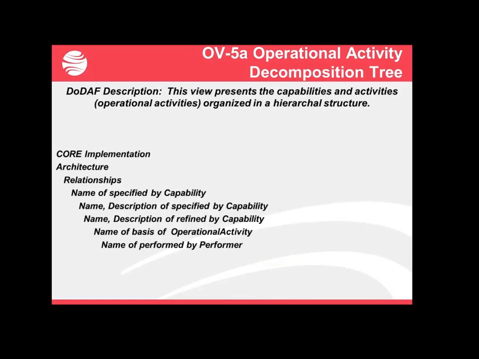We'll take a look at one of them, which is the OV5A. The OV5A is an operational activity view. Again, here's a description followed by the core implementation. You notice that again, everything is pretty much starting from the architecture. In this case, to get to the operational side, the capability, we basically go through